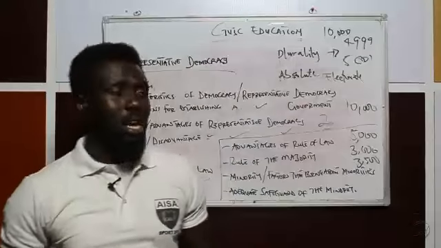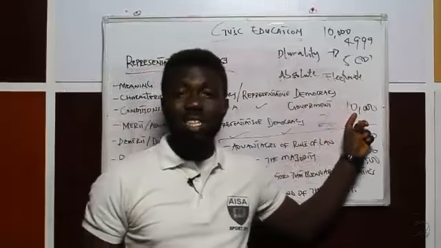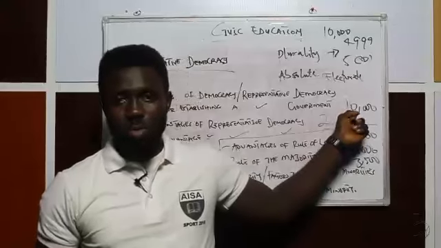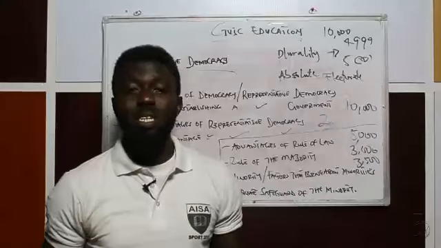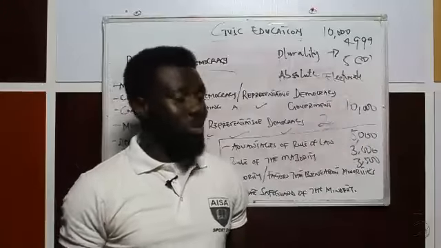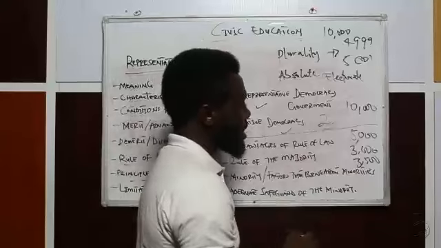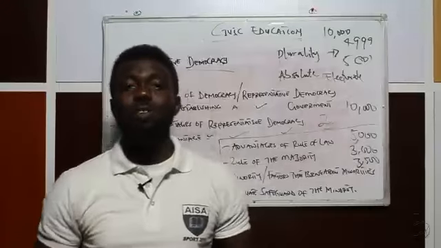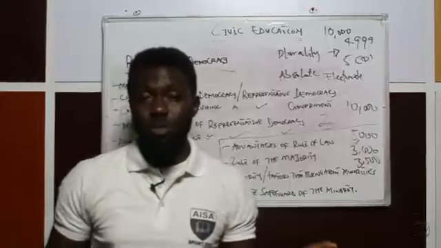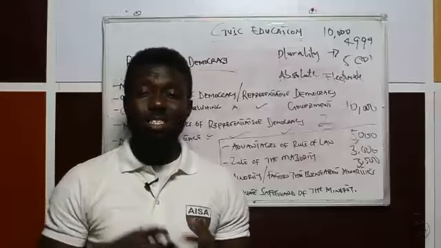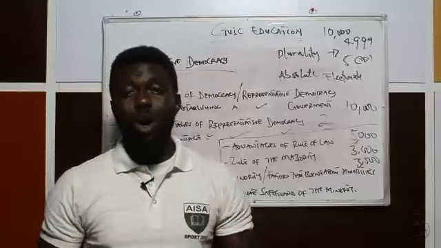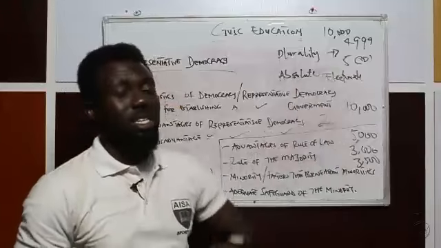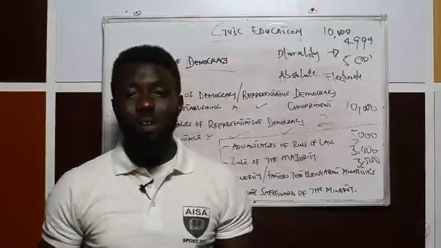Sometimes you can have 10,000 voters and only 9,000 will vote. The remaining 1,000 will not vote. You still must have up to 5,000 votes in that 9,000, because they are not going to consider that 1,000 did not vote. They are still going to calculate it based on the number of the electorate, that is, the registered voters.